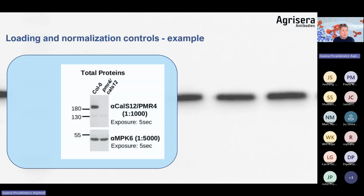And from the normalization controls, I would like to show you an example here. Then we have a target protein detected, high molecular weight protein, so it's quite challenging for detection because the transfer can be in a need of optimization. Larger proteins are migrating from the gel a little bit slower. They require membrane with a bigger pore size. So here we have a